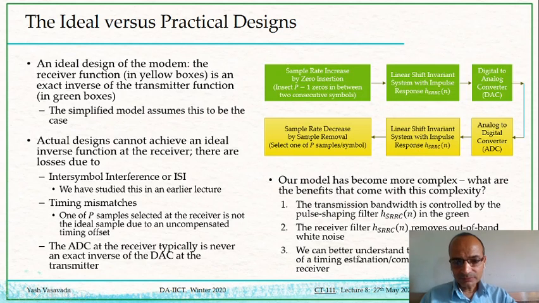And then, thirdly, there is an important artifact that happens in real-world systems, which is known as intersymbol interference, and we are better able to appreciate the effect of ISI. Specifically, we will be better able to conceptualize the need for timing estimation at the receiver, the need for estimating the symbol time and properly accounting for the symbol time, so that our receiver is not unduly affected by the intersymbol interference.